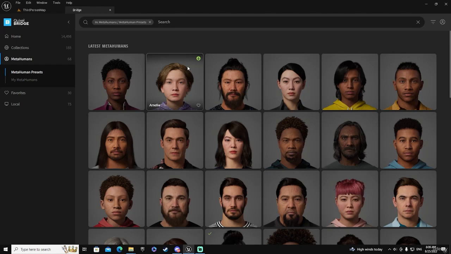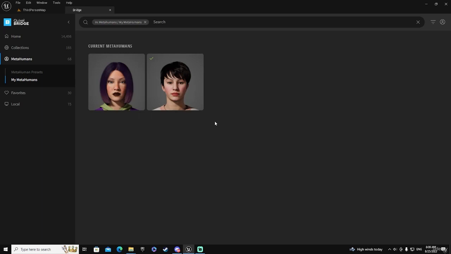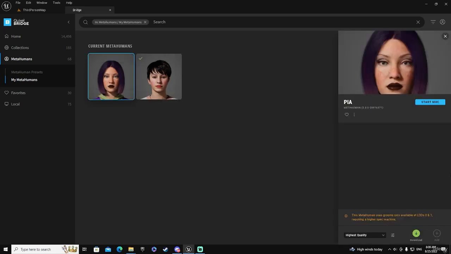In MetaHumans, you will have two options: the MetaHuman presets, which are all the original models, and My MetaHumans. In My MetaHumans, you have, in my case, two different models that we created. In this case, I'm going to take Pia. So I select Pia, and instead of Start MHC, which is the creator for MetaHuman, which was the steps that we did before, I want to download this first to my hard drive and then import it into